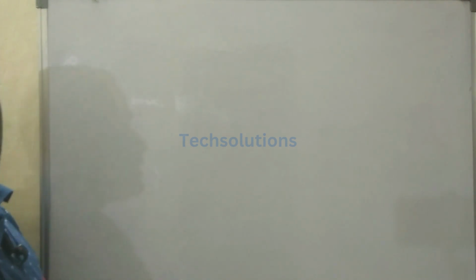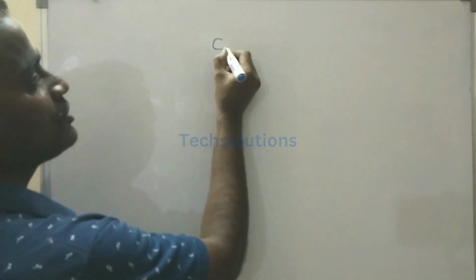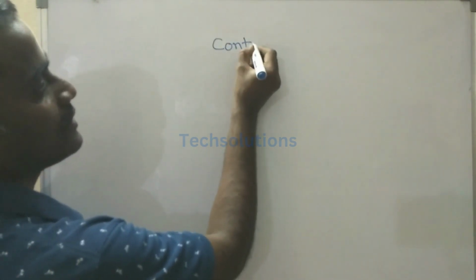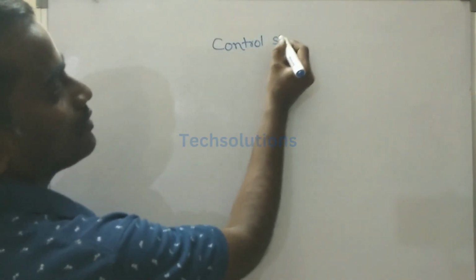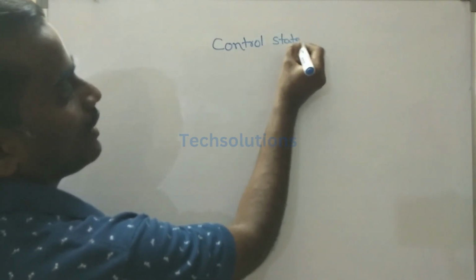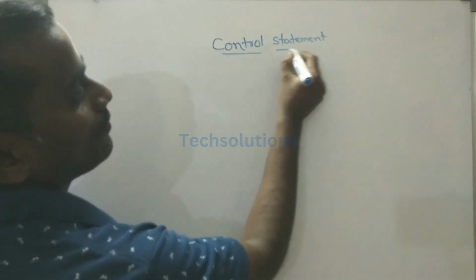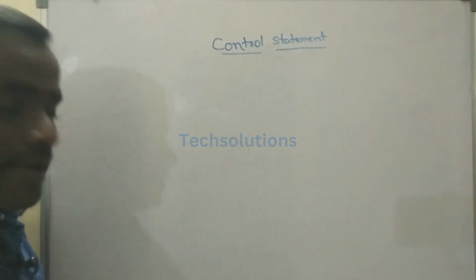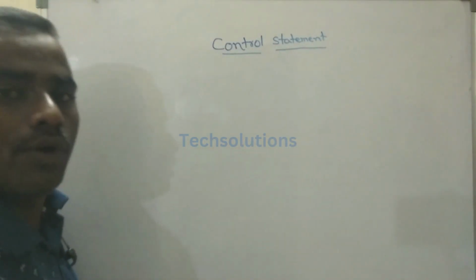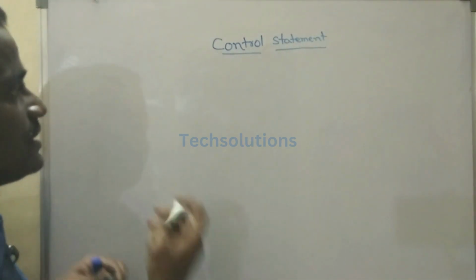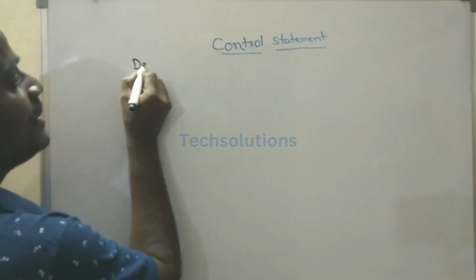In this video, we are discussing control statements in C language. What are the different control statements we have for controlling the program? First, we can see what is the definition